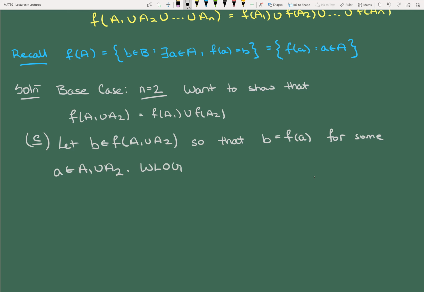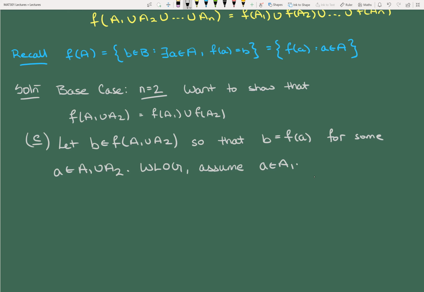So without loss of generality, assume A is in A1. Now, I know that a lot of the time you've probably heard the instructor at the front of the room say, without loss of generality, is everyone okay? Now is a time when I want to make sure everyone in the room is all right with what without loss of generality means here, because of course it's going to be said a lot, and especially in this class, because again, it's a Proofs class, right?